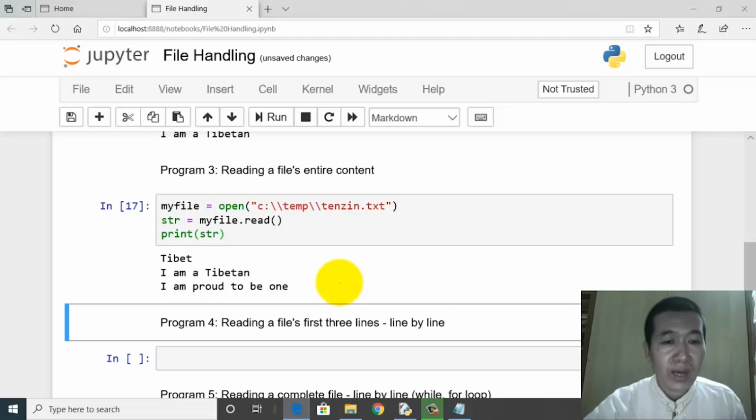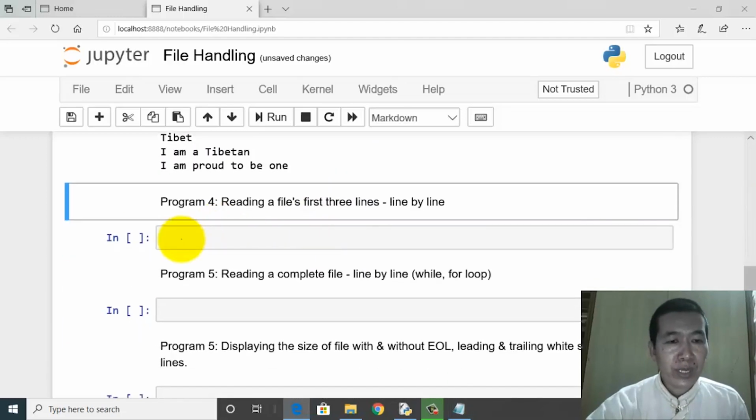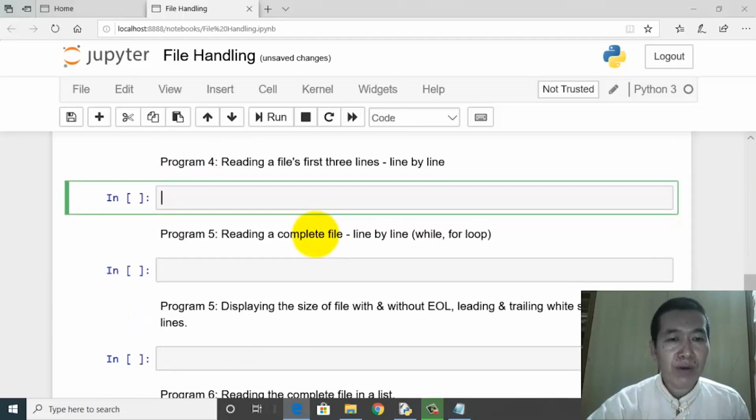Okay, I hope I made myself abundantly clear. Okay, let's move on to program number 4. Program number 4 states reading a file's first 3 lines line by line. Now this time the reading process is not based on individual bytes or individual characters.